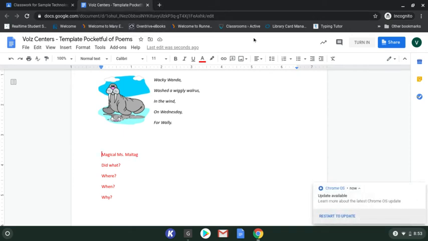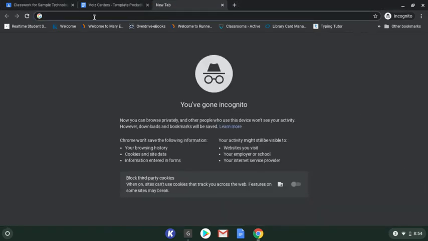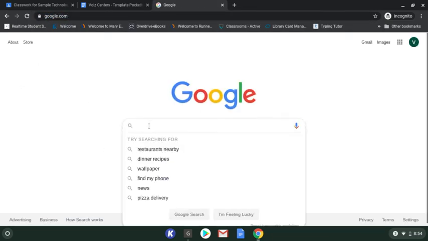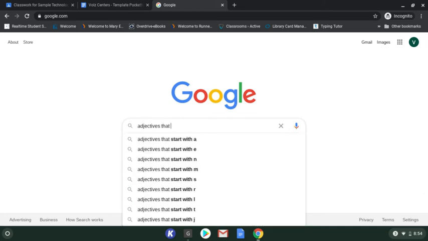If you leave this open and you click the plus sign to open a new tab, we can actually do a quick Google search. Yours will look like this. You can do a quick Google search for an adjective. Adjectives are words that describe. Let's say, for instance, one of the hard ones is a name that starts with E. If your name's like Evie or Evelyn, that's a hard word to think of, a descriptive word. So maybe you search adjectives that start with E.